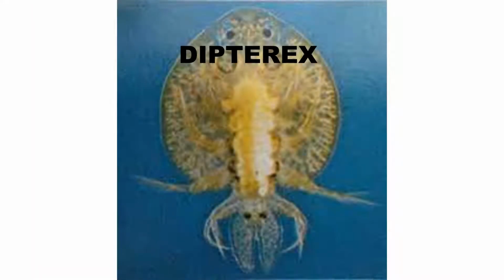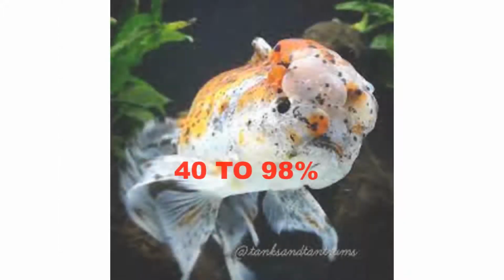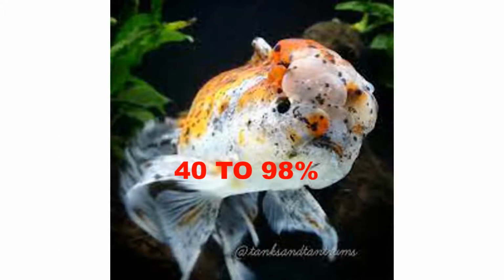Dipterex is effective in combating lice. It is an insecticide that is soluble in water, comes in liquid or powder form, and comes in different potencies ranging from 40 to 98%. Try and find Dipterex with 98% potency as the doses below are based on this potency level. If you can only find lower potency levels, you will have to calculate how much you need based on the doses below. The treatment for the pond and the aquarium are different, but the dosage is the same for each.